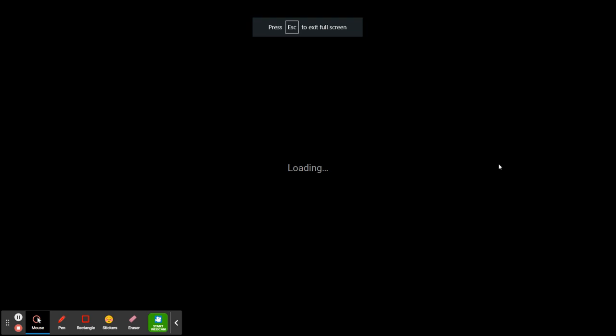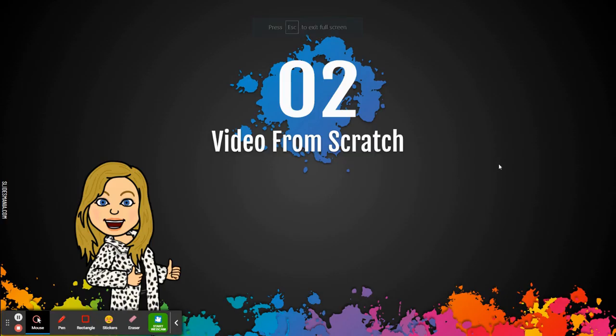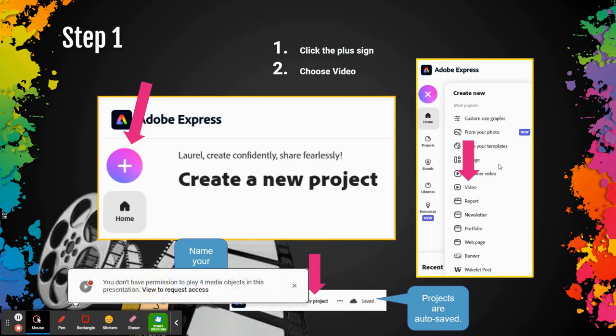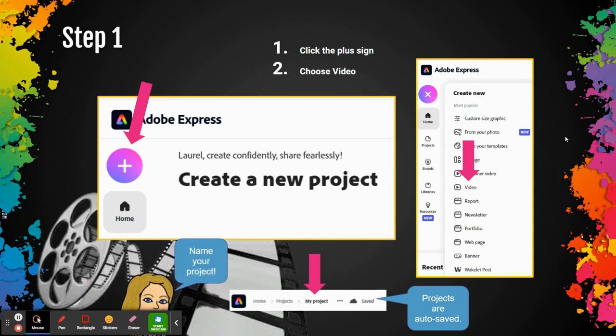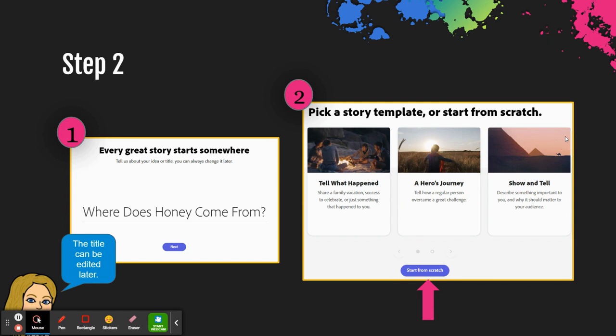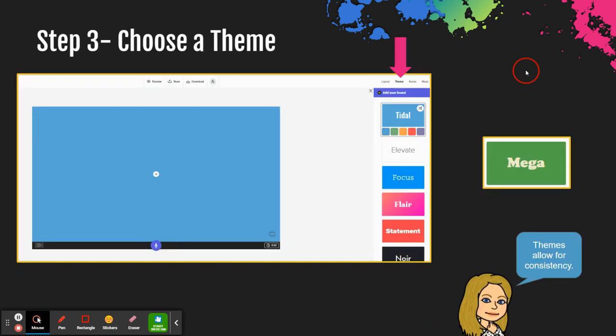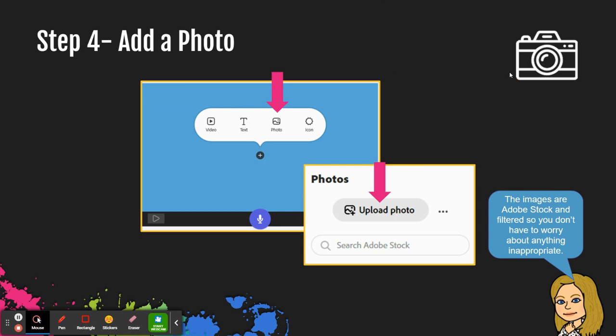So if we look through Laurel's slides, you can see creating a video from scratch starts out very similar to what we've done already for the first video. We created the project, we've chosen video, we title it. Instead of picking out a theme for it, you're going to start it this time from scratch. And then you'll go with choosing the theme and then adding a photo,